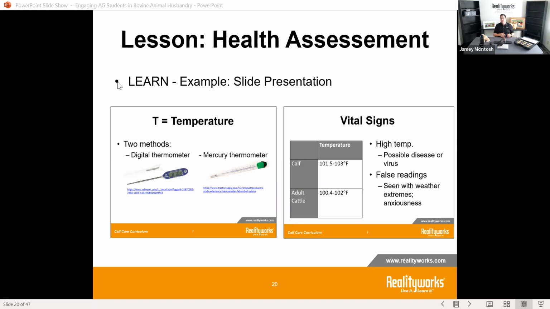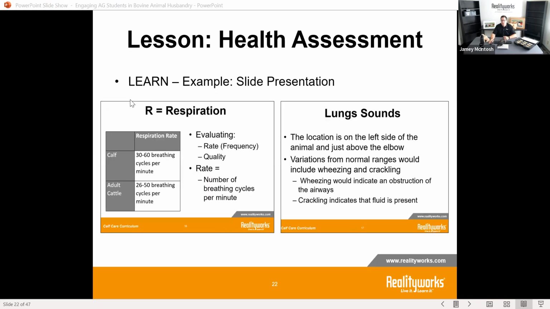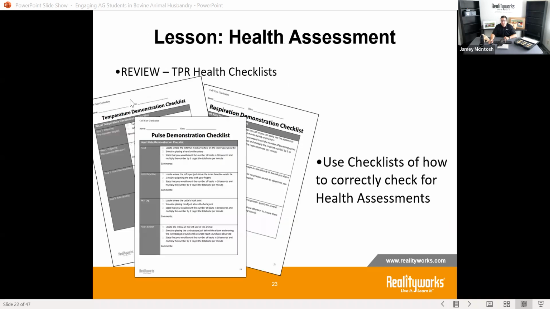These are all different hands-on learning activities for your students, but what it helps your students do then is get that first taste and understanding of what they're going to see in the real world. So we also have the help and the placement for you to be able to show and demonstrate this in the animal on the simulation. So then the students can learn from you, learn from each other, and then repeatedly learn over and over again. All of this comes with things like health checks, worksheets, PowerPoint slides, interactive activities, getting them